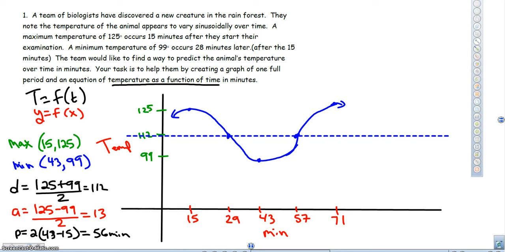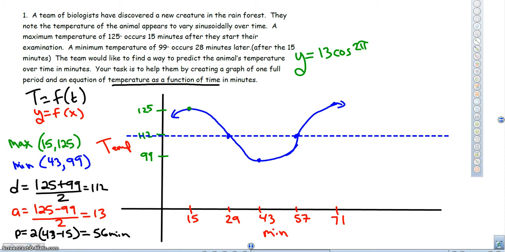Now the equation I can write several different ways. Most kids are going to feel comfortable writing it probably as a cosine equation, so let's write it from here. So if I do start from the max, I already know the amplitude is 13 and it's positive because I'm starting from the max. Cosine, I'm going to write the period, which I found to be 56, so it's really going to be 2 pi